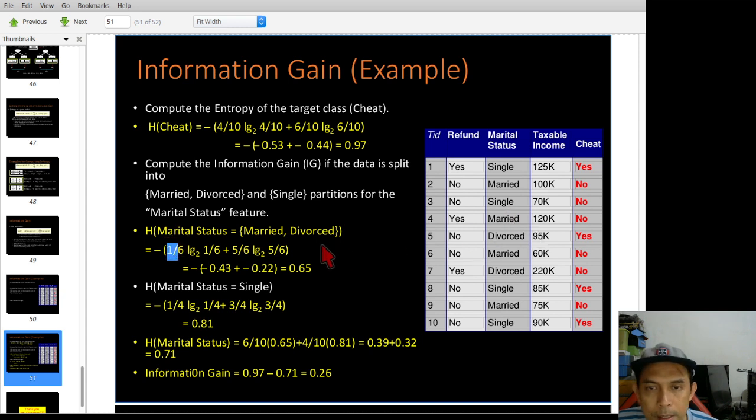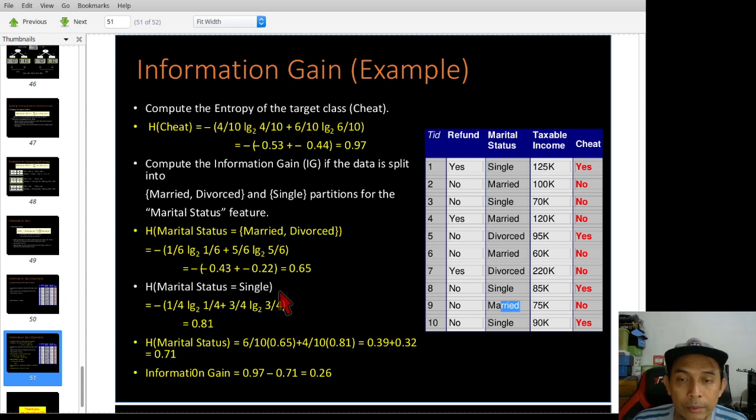That means out of married and divorced, you have 6 instances: 1, 2, 3, 4, 5, 6. So out of the 6, the yes instance is 1. Of course, the no instances would be 5. So the entropy for married and divorced is 0.65.